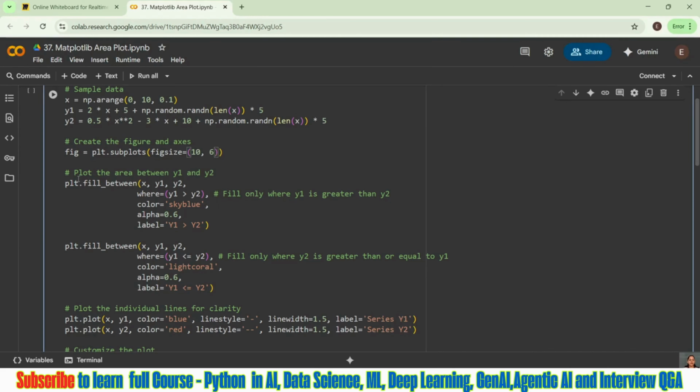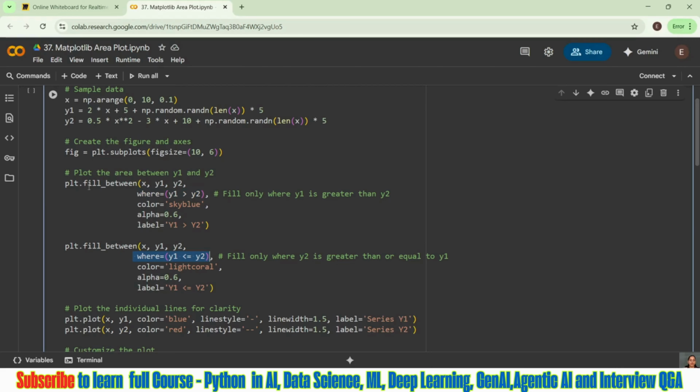Now, how to create it? I want to fill the area with some color, and for that you should have some criteria. What is the criteria I have kept? Criteria 1 is y1 is greater than y2, and criteria 2 is y1 is less than y2.